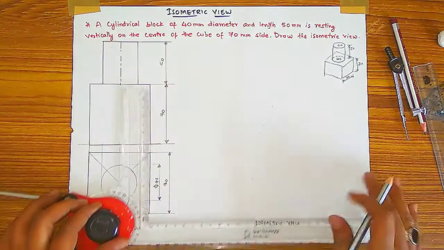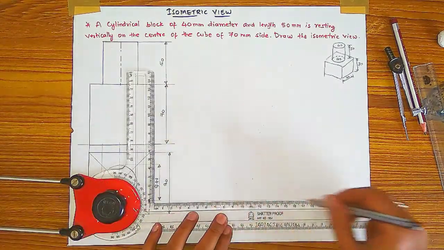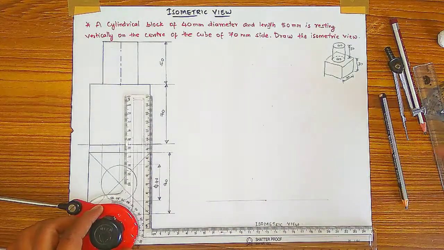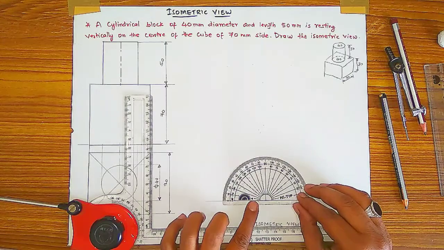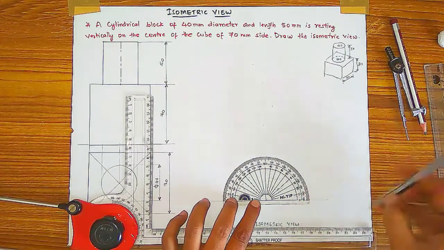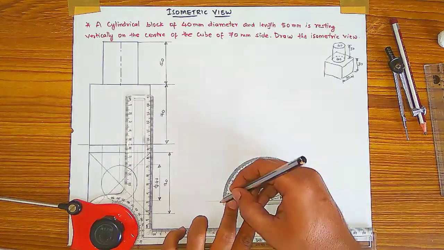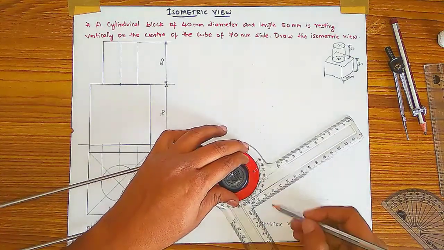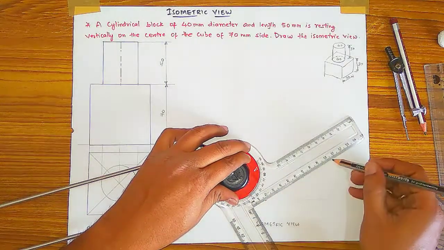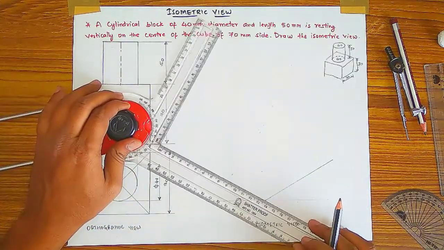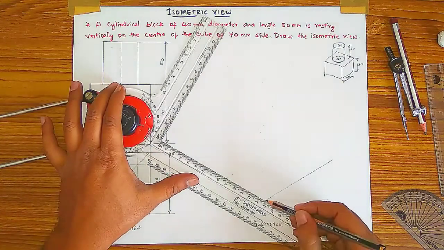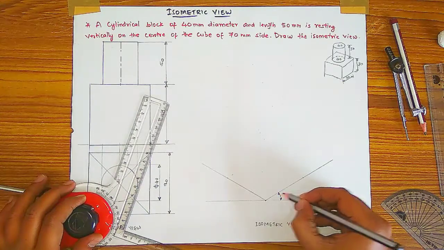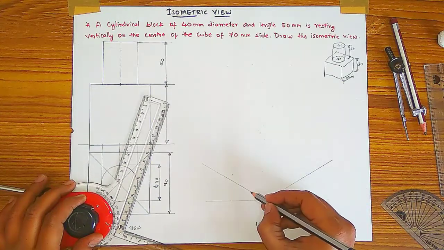Now you have to draw the isometric view. To draw the isometric view, first you have to draw a normal line or an imaginary line, put a dot on that line anywhere, and keep your protractor correctly. Take a 30-degree angle from here and a 30-degree angle from here, like this, and from those dots draw convenient lines like this. However much you want to take, that much, and here also you have to take a line, and show the angle of these lines